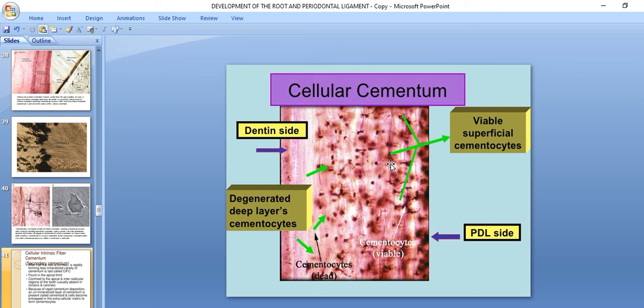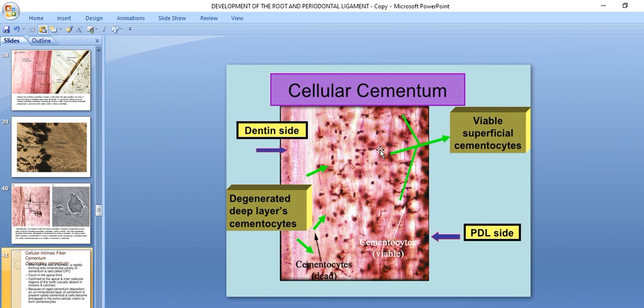In the process, layers of cellular and acellular intrinsic fiber cementum are formed. Acellular extrinsic fiber cementum may also be laid down. The cellular mixed fiber cementum originates in this way, comprising layers of acellular and cellular intrinsic fiber cementum and acellular